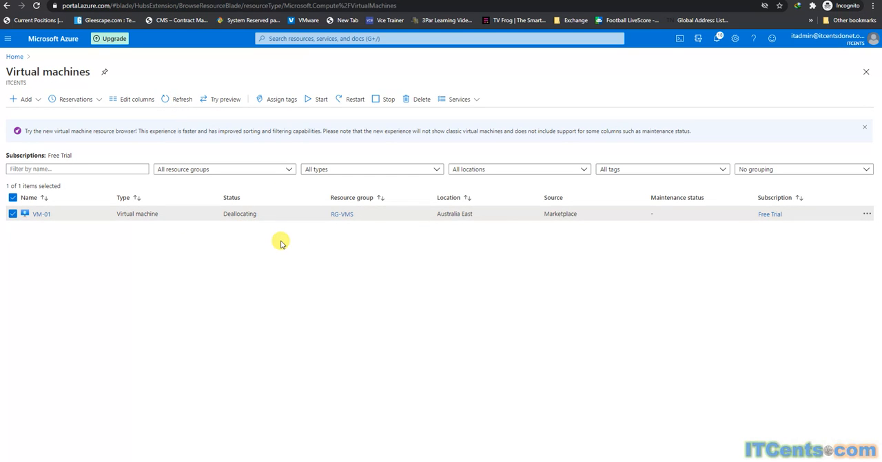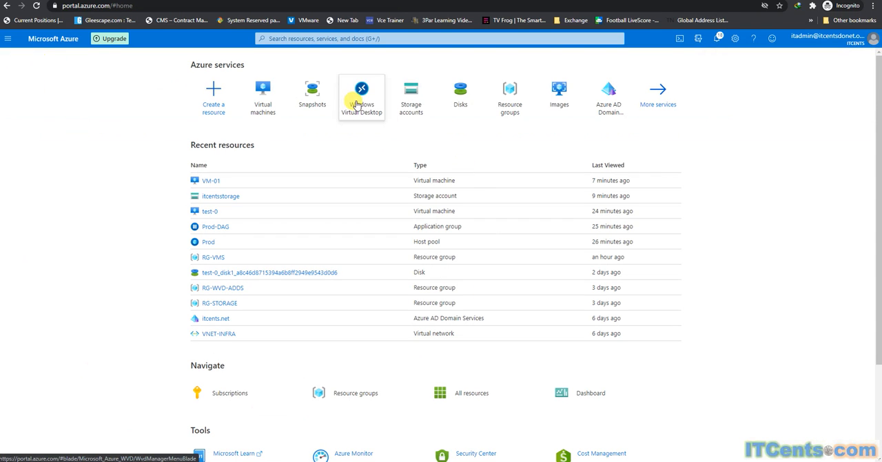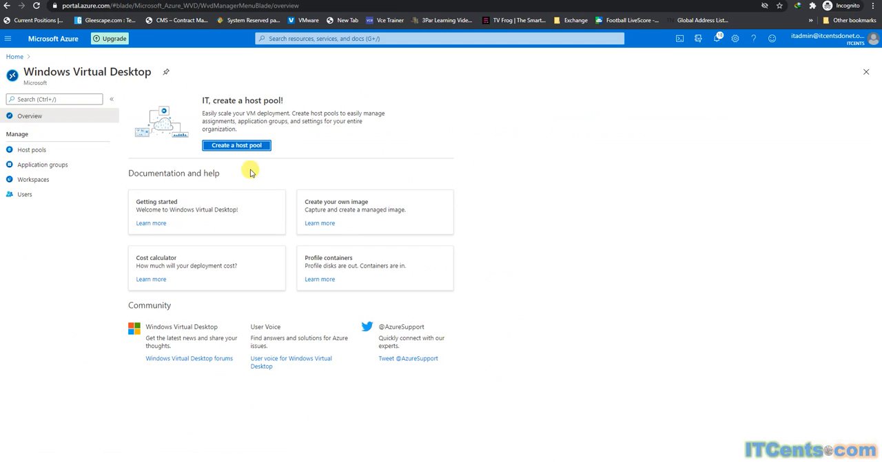So very important: don't just go for a stop because you get charged. On top of that, if your VM has a public IP, that public IP doesn't get released, and you get charged for it, right? So deallocating, stop deallocated, right? Perfect. And we got confirmation from here. Lovely. What next? The next is we go to Windows Virtual Desktop, create a host pool,